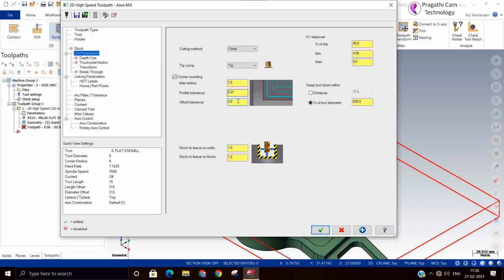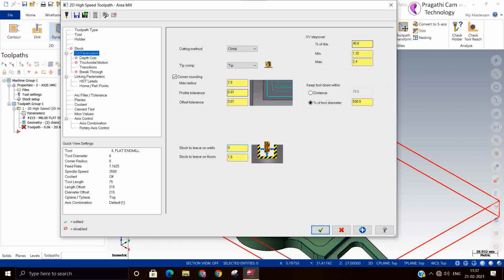So by selecting the particular parameter, you can see that window is showing what is the use. I made the step over percentage as 40 because we are going to machine the very hard material. So it's naturally necessary to cool the cutter. Means 40 percentage of cutter diameter is engaged in the material. Remaining 60 percentage will be in the air, so that it will be cooled by the coolant.